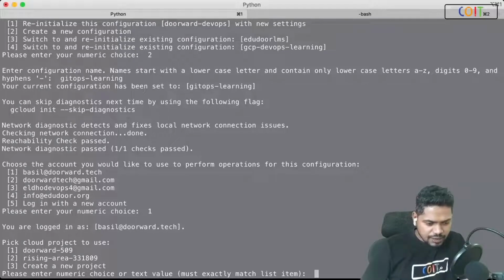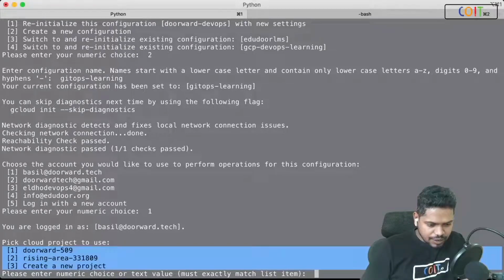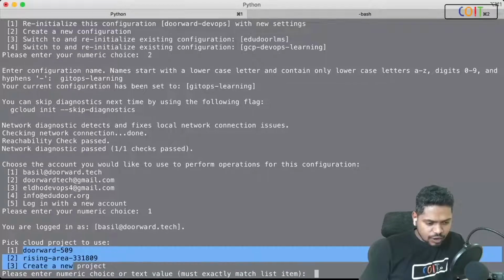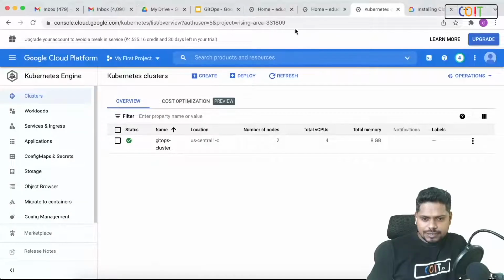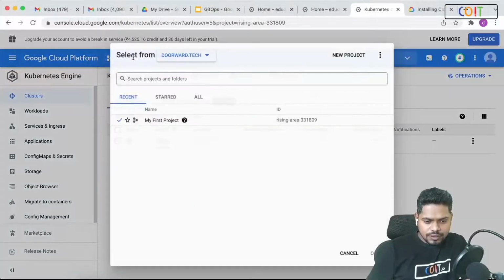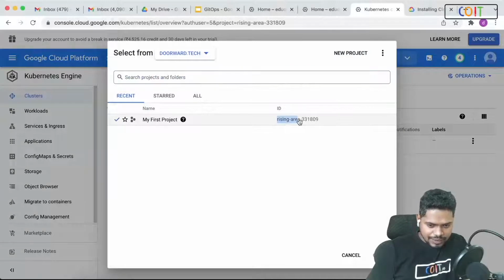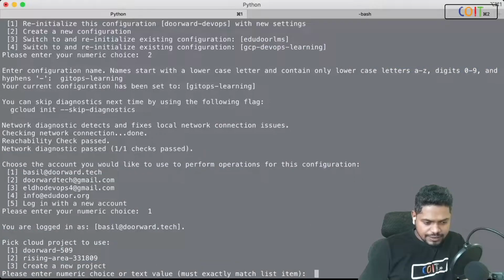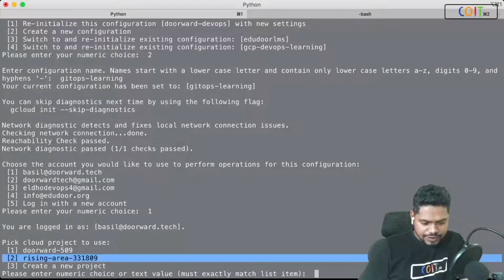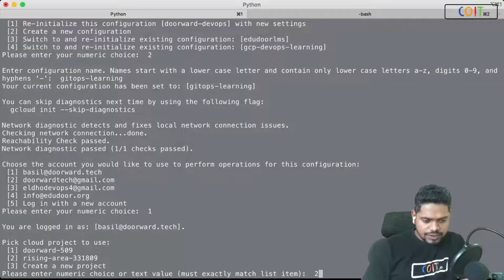And then it is asking me what is the project that I want to work with. So I already have a bunch of projects. When you created your Google Cloud account, you would have already created one. In my case, I already created this project when I created my Google Cloud account for the first time. This is the ID, Rising Area 331809. So I'm going to use that over here, Rising Area 331809, number 2. Press enter,